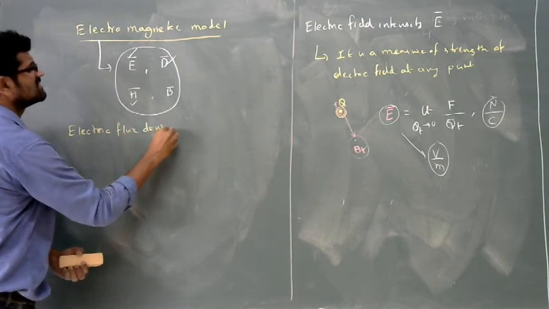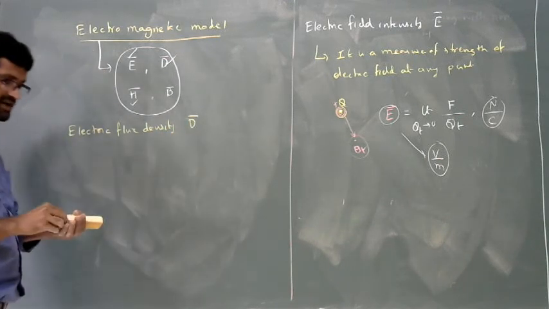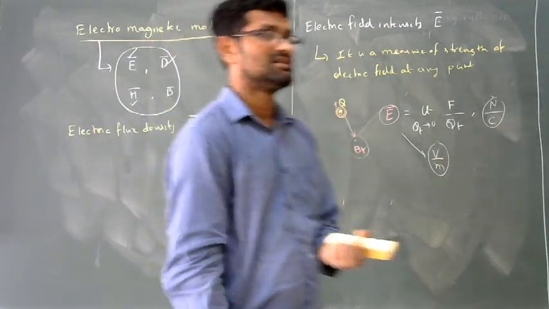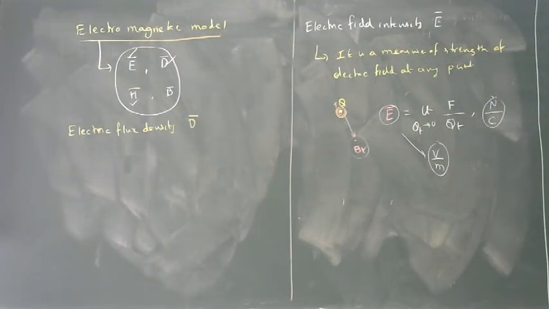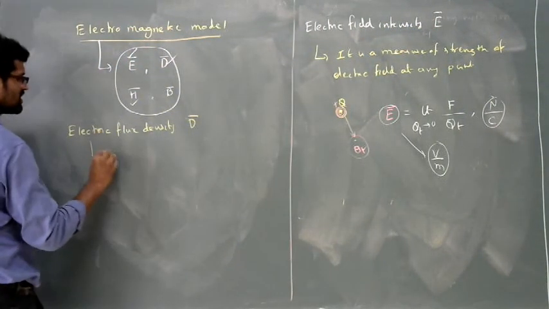Electric flux density is denoted by the letter D bar. How can we define flux density? It is the amount of electric flux passing through any given surface. We can define electric flux density as the amount of electric flux